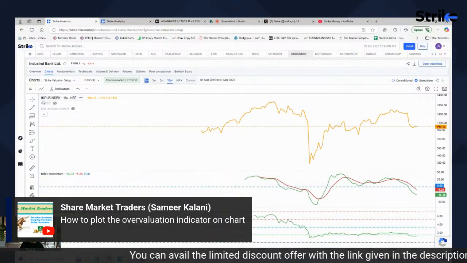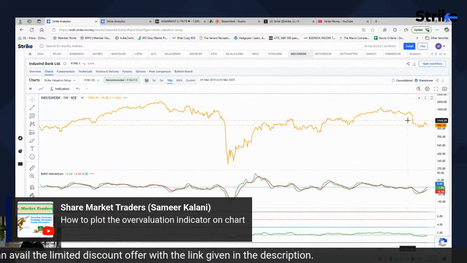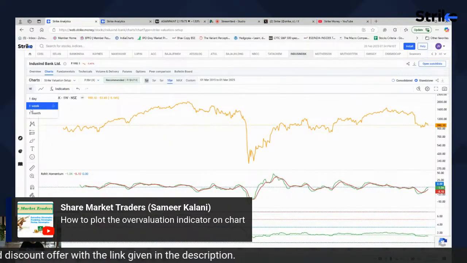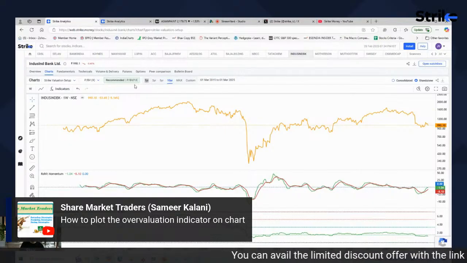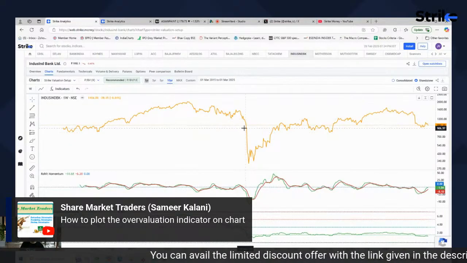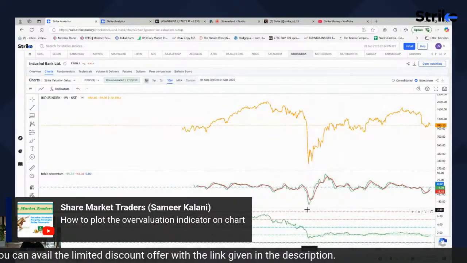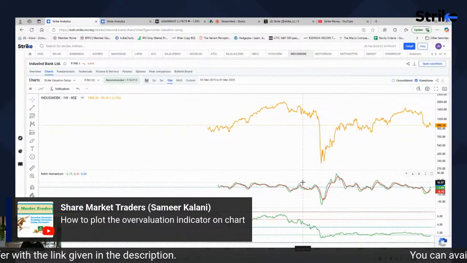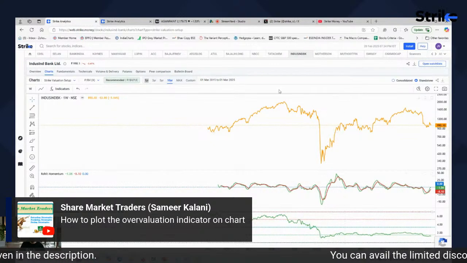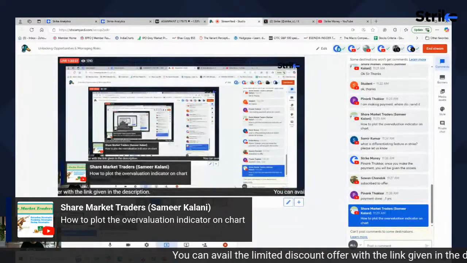Of course, if you want to change the time frame, you can still change it and you can see it over here. But we have assigned a specific time frame. We have assigned time frames to specific periods so that it makes your life easy to analyze it quickly. But you don't need to plot it. We have already done that work. You just need to check and see whether the stock is getting into undervaluation zone, overvaluation zone, and so on.